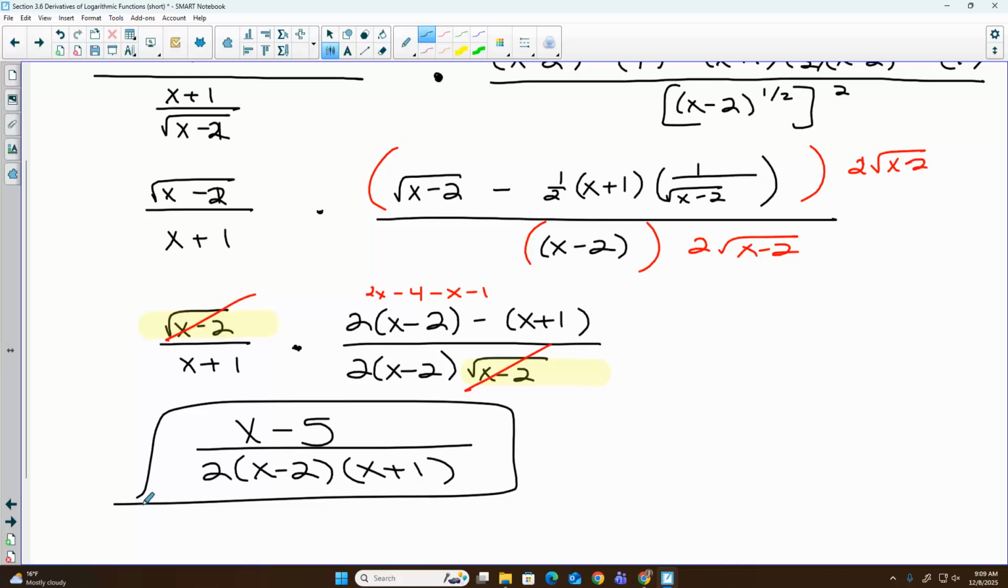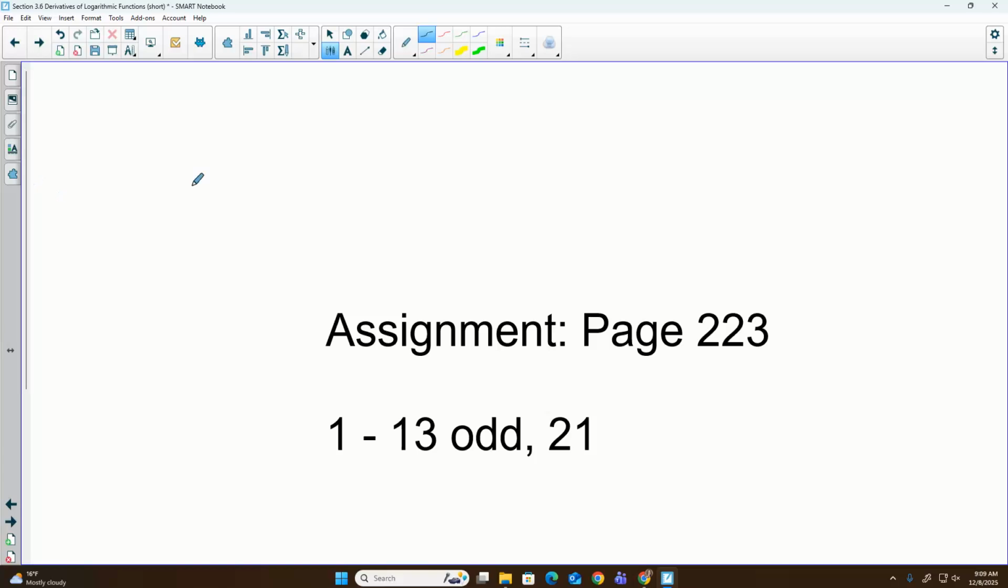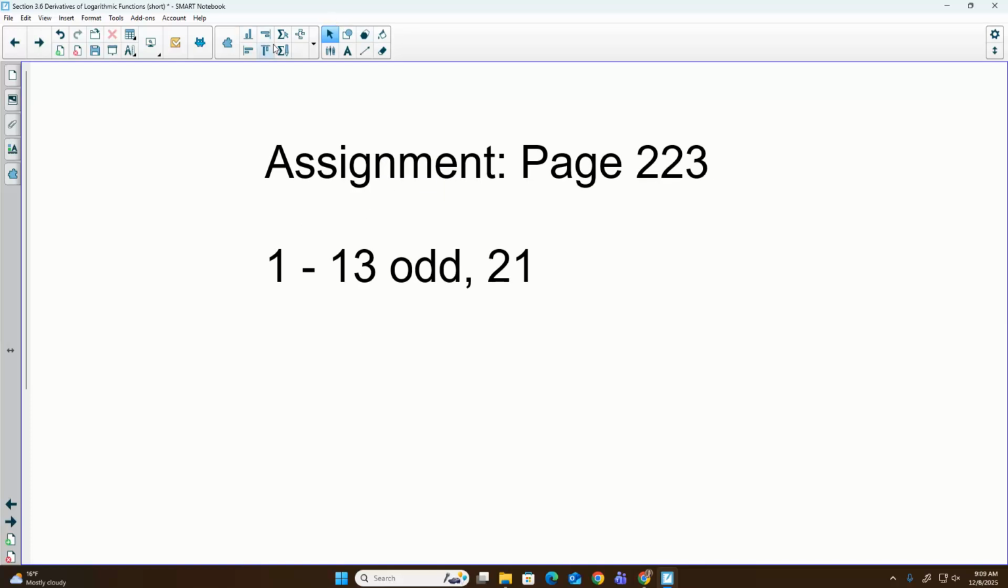Okay, so here's where we're at. I have a short assignment on this one. 1 through 13 odd and problem 21. We have a lot of time left. We've got over 30 minutes right now. So if you had any questions from last week's assignment, ask those. If there are problems that we're really struggling with, I'm happy to work them on the board. And then try these problems. If you get done, I do have the study